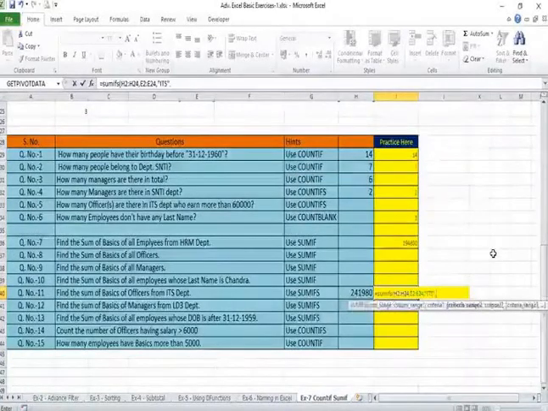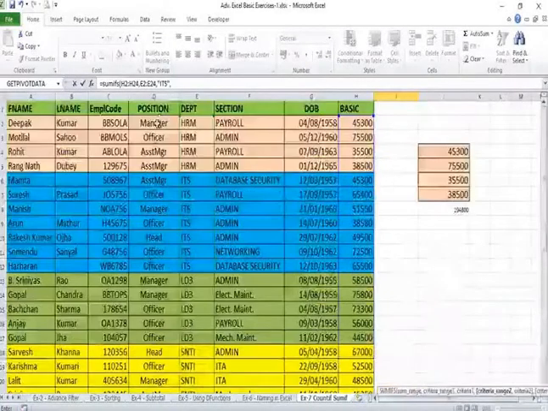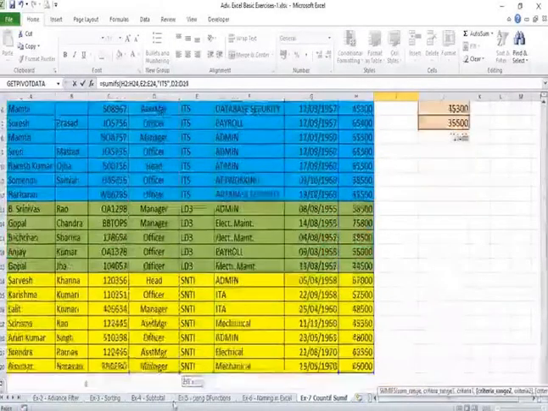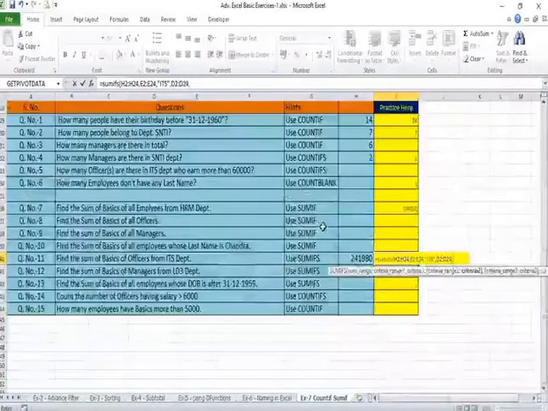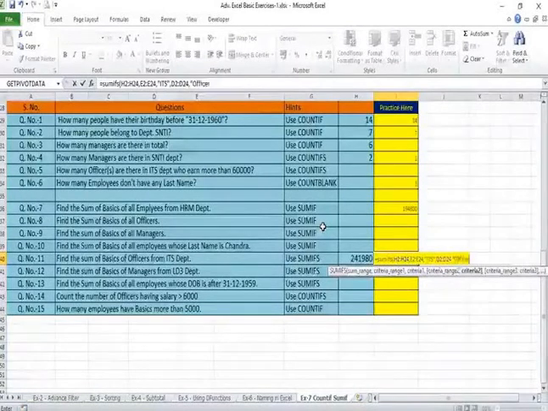Put a comma, then the second criteria range, is position, put a comma once again, and within the double quotes, this time you will write officer, not officers.